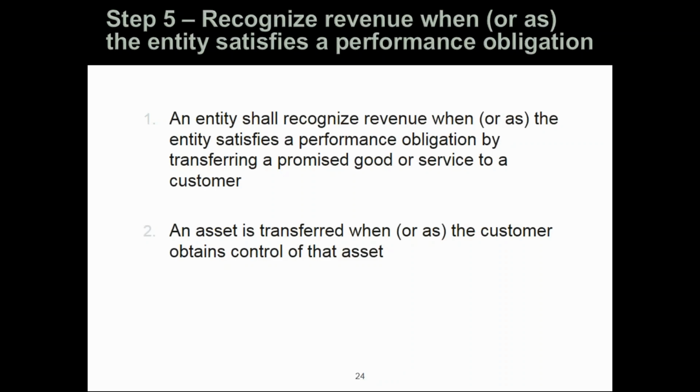So step 5 is the home stretch, and at this stage in the game, we've got a contract. We identified that up front, and within the contract, we've identified each specific performance obligation, determined the transaction price, which may include some estimates that we've got to develop along the way. We've allocated it to each of the performance obligations, and now the last step is as we deliver on each of those performance obligations, what's the pattern that we use to actually recognize that revenue?